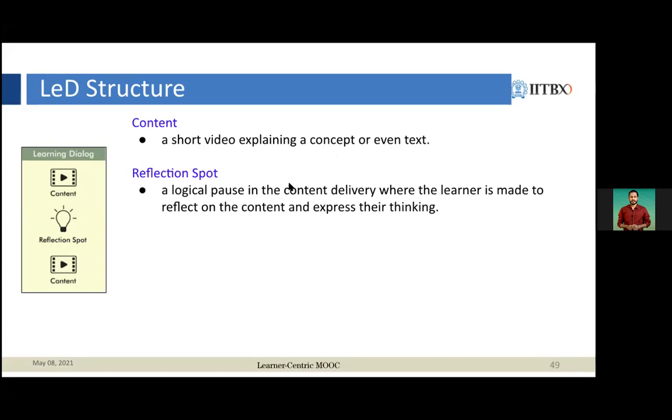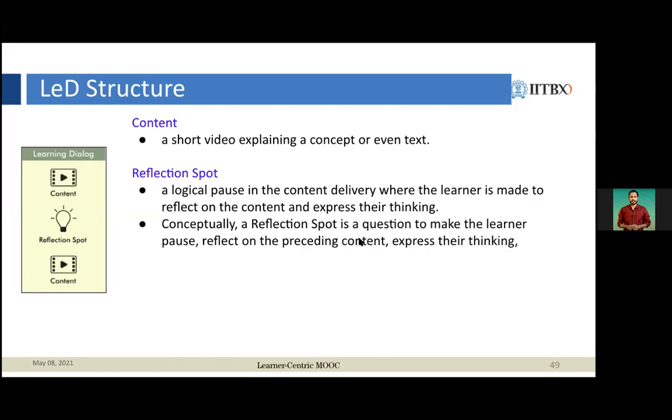Instructor pauses in the content delivery where the learner is made to reflect on the content and express their thinking. Okay. So if we have to talk conceptually, it is a question to make the learner pause and reflect on the preceding content, and then they can express their thinking. Okay. Or they can do some micro practice.